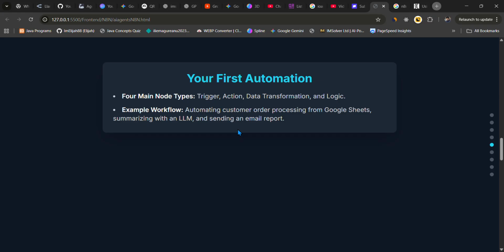In the masterclass, a practical example is shown where a workflow is built to automatically process customer orders from a Google Sheet, summarize them with ChatGPT, and then email a report, which is basic stuff that businesses deal with, right?